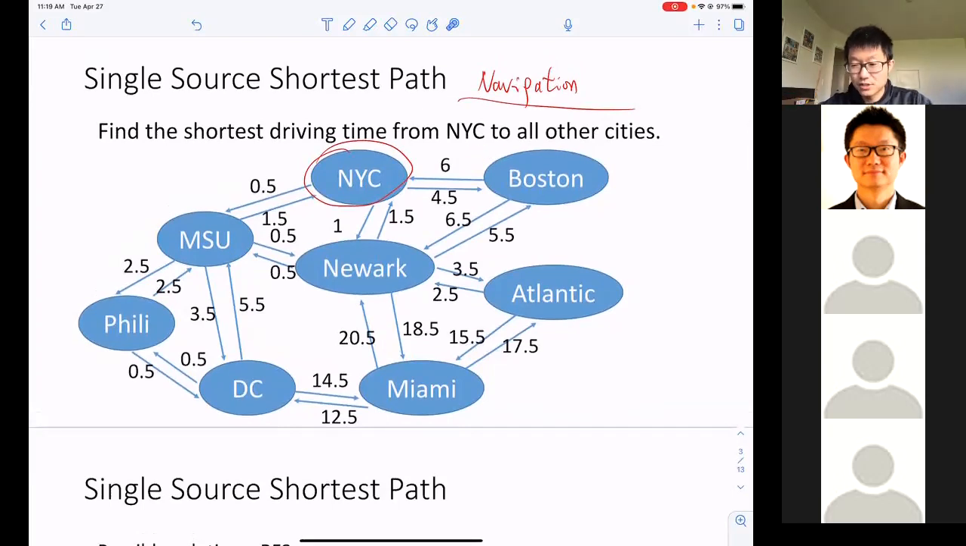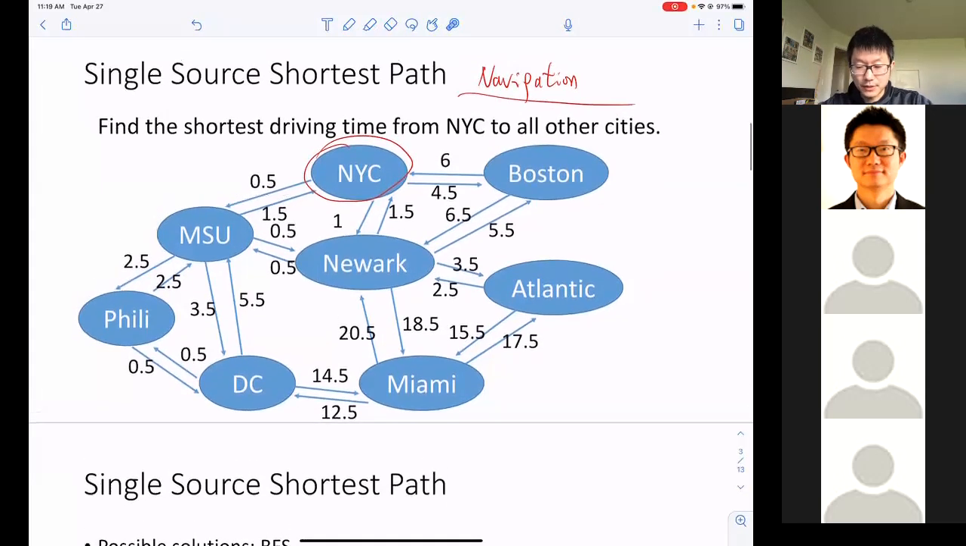is the problem definition clear? Yeah. Okay, cool. So then